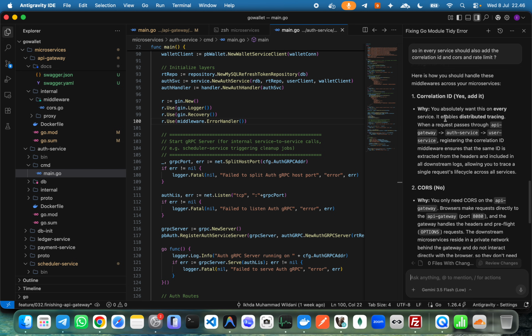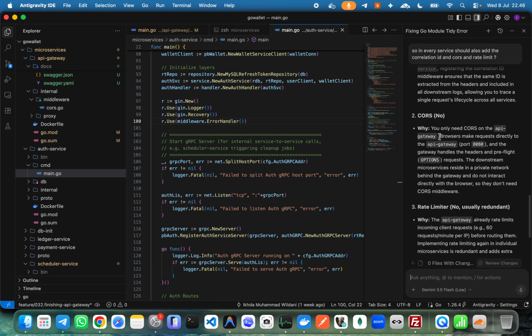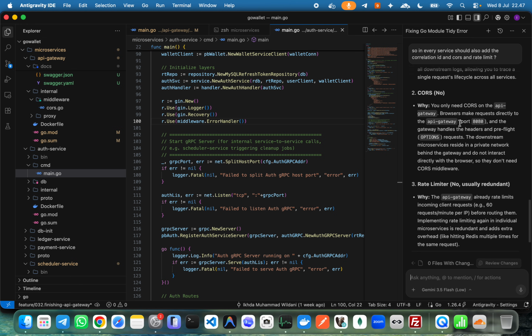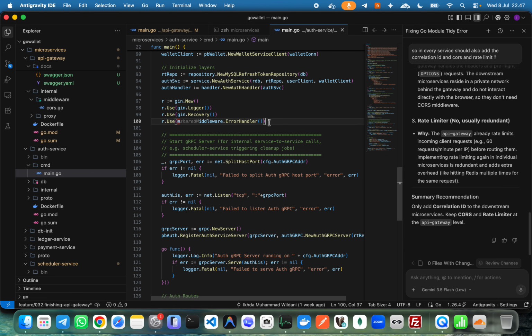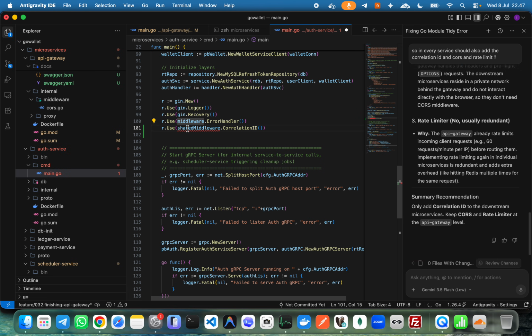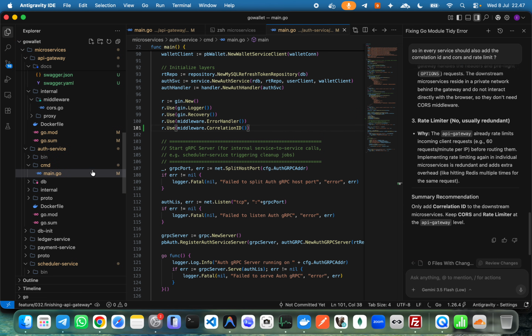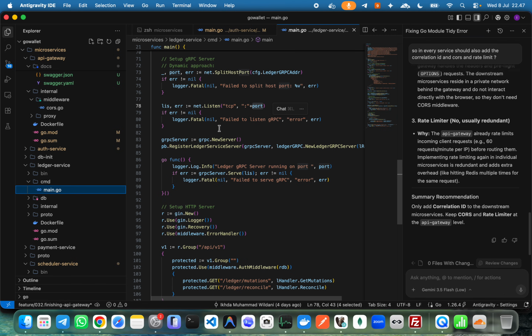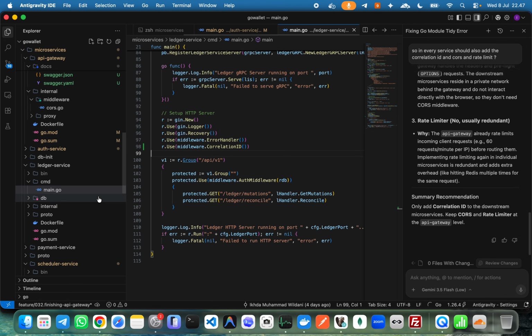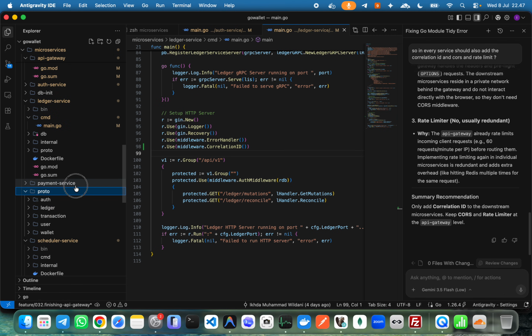For correlation ID yes, but for CORS no, because directly to and then the gateway handler. Okay, so and then for the rate limiter is no because usually redundant. Okay, so here I will only use correlation ID inside the auth service, and ledger service I need to add again as also here, and payment service as well,